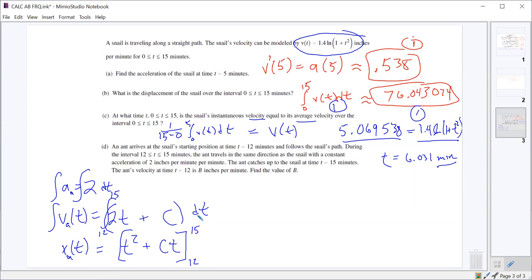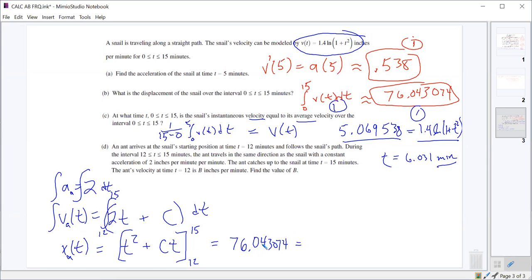Because if we do that, we know that this total amount should equal what? Should equal the total displacement of the snail. So we should be able to set this integral equal to 76.043074,